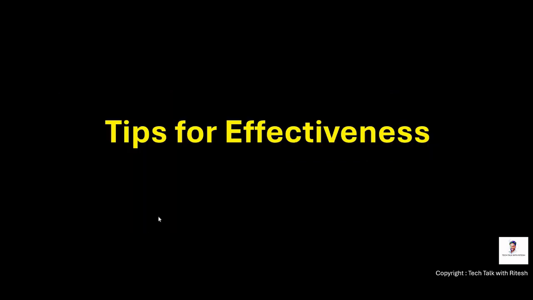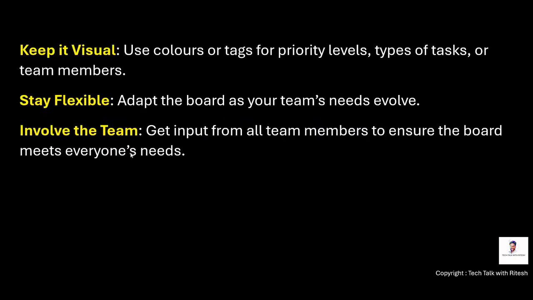Let's see a few tips for effectiveness of Kanban. First thing is, keep it visual, because visual means it will be interactive. Use colors or tags for priority labels. Tags are nothing but, if we are using a digital dashboard, then